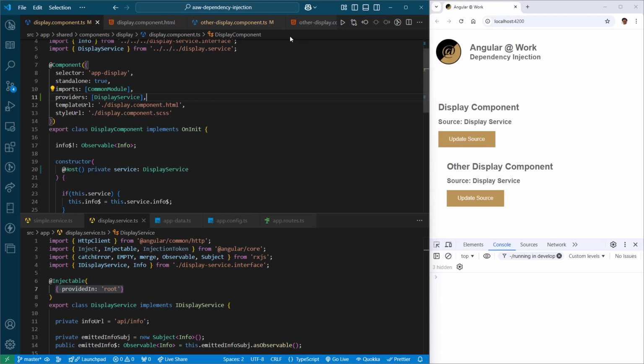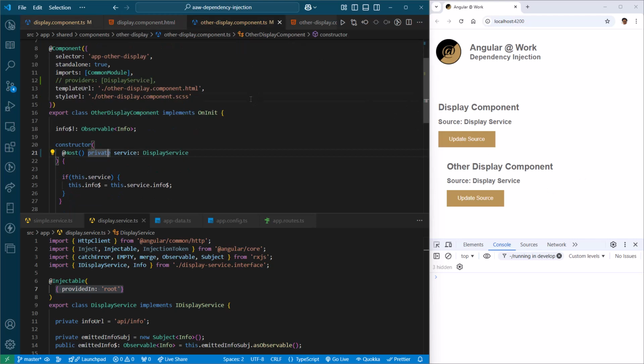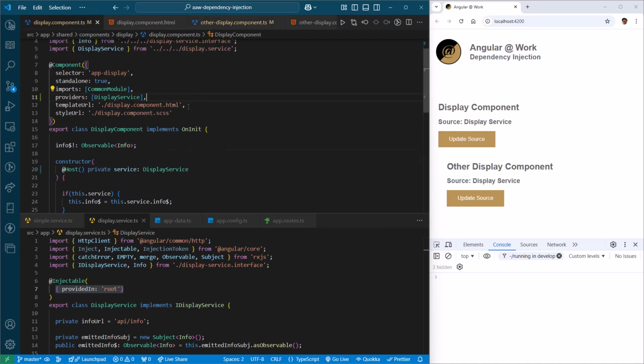And everything works because the other display component, while it's not finding the registration of display service in its own component, it's finding it in its host component. And display component is finding its registration of the service in its own providers. So the host modifier looks first to its own component or directive for the registration of a service, and then